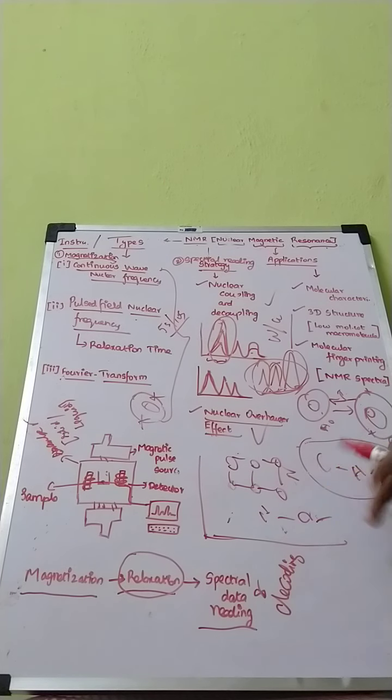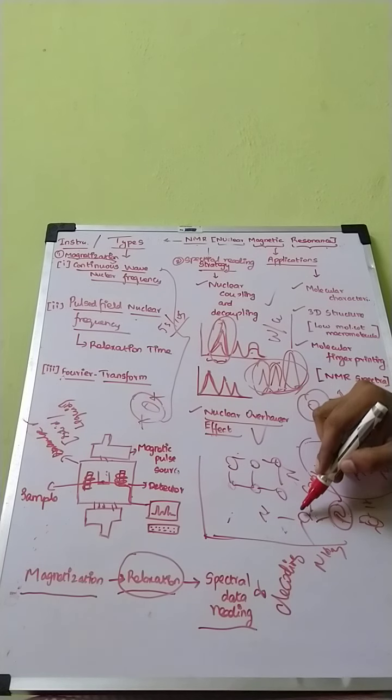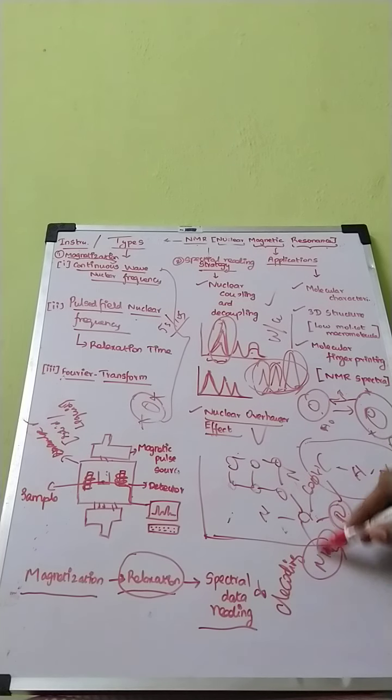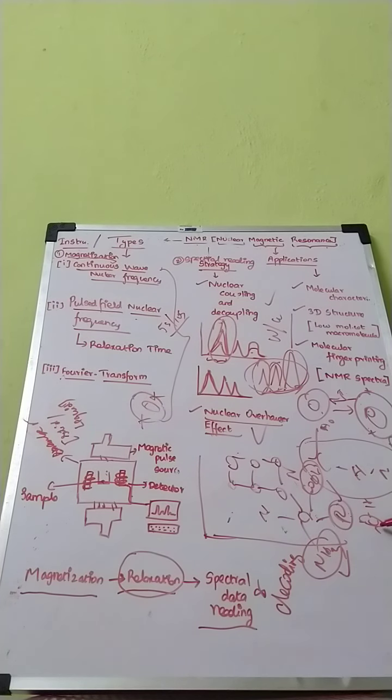One central carbon surrounded by hydrogen, a carboxyl group, an amino group, and there is a side chain, isn't it? And the side chain tends to have its own branch. So each and every atom in the side chain produces one effect. In the same way, the central carbon, the amino group, and the carboxyl group. Okay, so in the nuclear Overhauser effect, you will be studying each and every atom separately in an